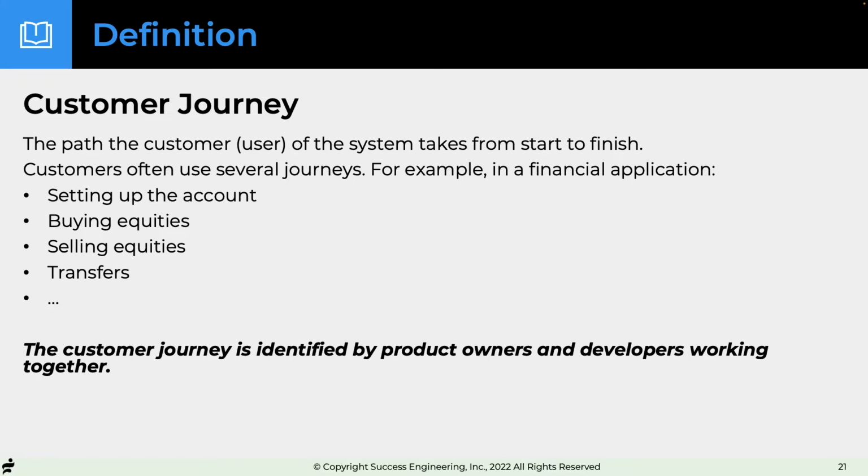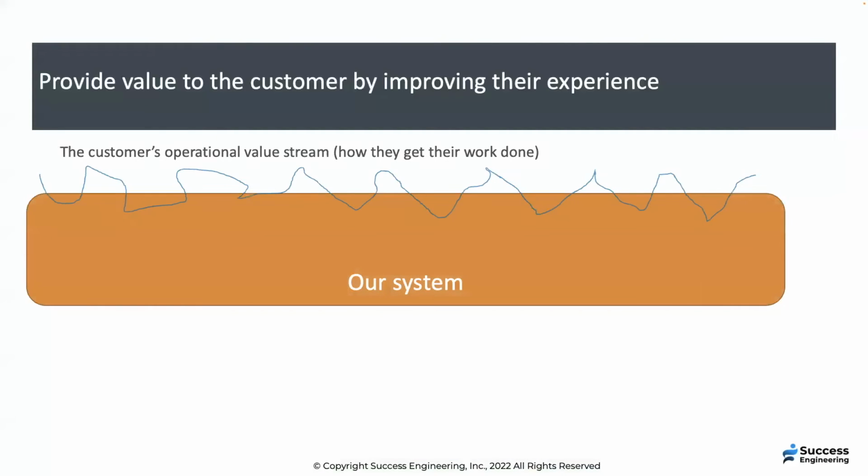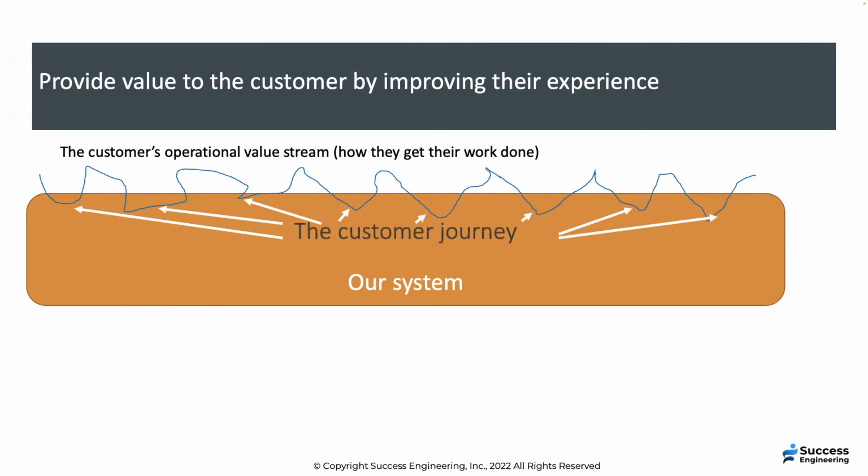Now, it's important to understand that the customer journey is not the sequence of steps the customer takes with this computer. In fact, there are things where some of it is in the system, some of it is out of the system. For example, the financial case again, I might go in, set up my account, then I got to go look for something in my filing cabinet, and then I come back and I do something. Maybe it'd be nice to have some storage of things so I don't have to go outside of the system to get the information. So the customer journey is both what's inside and outside. It's that whole line, not just what's inside.